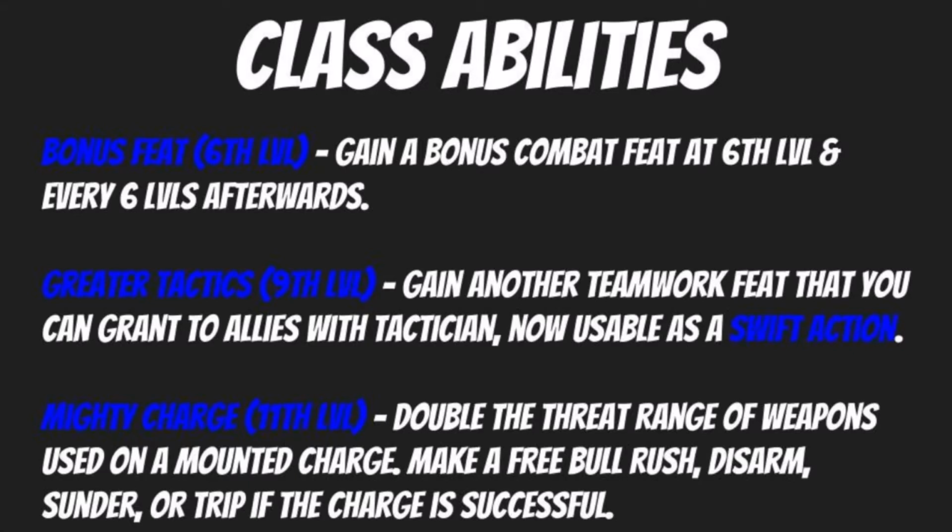Then, at 9th level, you pick up Greater Tactics. You gain another teamwork feat that you meet the prerequisites for, and that you can grant to allies with Tactician, now usable as a swift action. Then at 11th level, we have Mighty Charge,